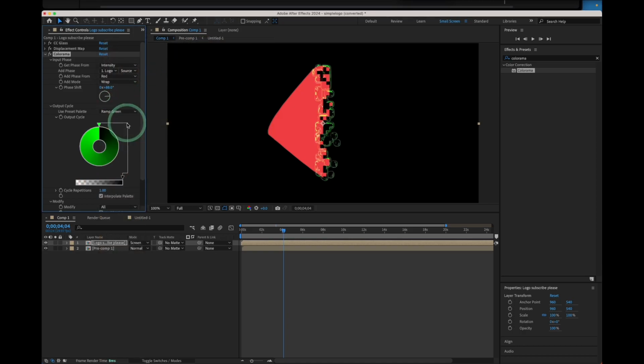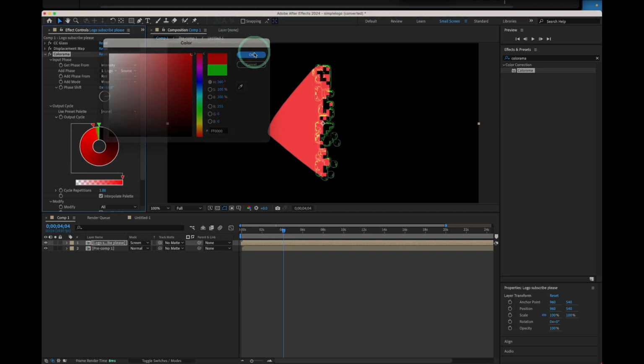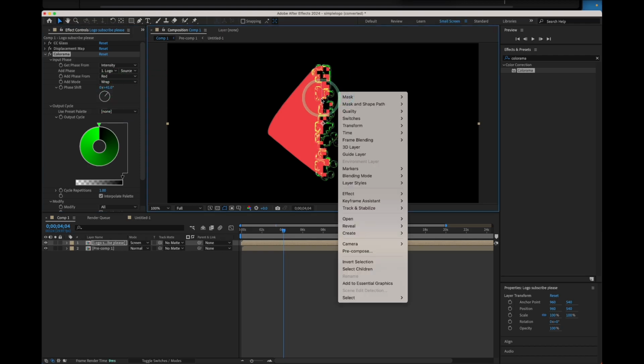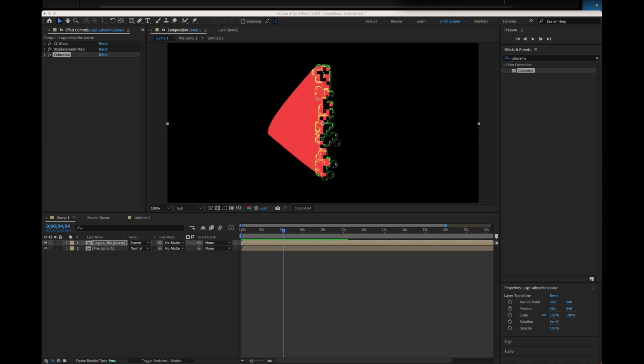We can change this. Okay, this one I like, ramp to green, and I can change this maybe to red, but then it's the same color, and again that's a mistake. So green is actually pretty nice, like so. Now I can increase this. Look how nice it is, much better. Now the next step,